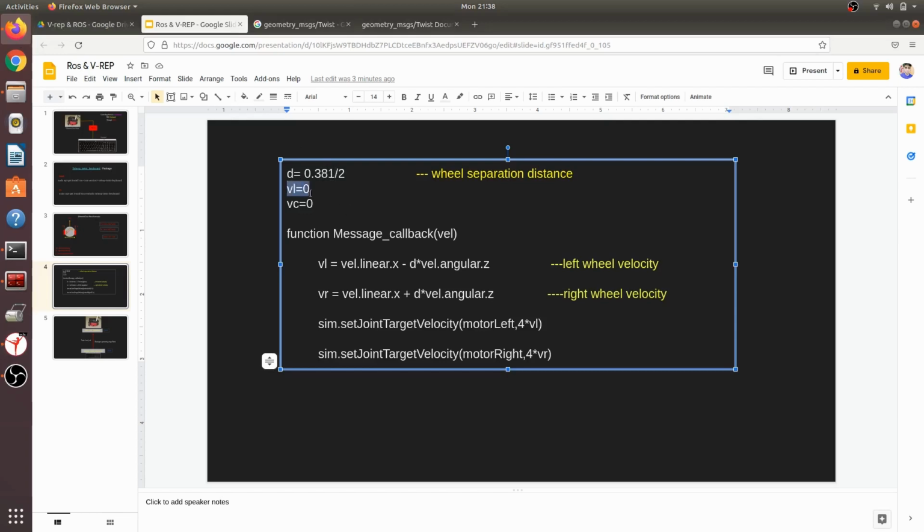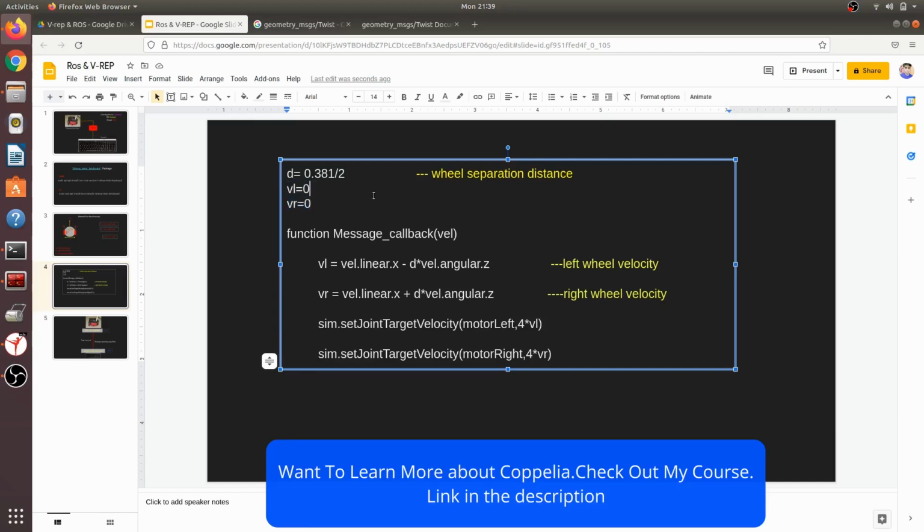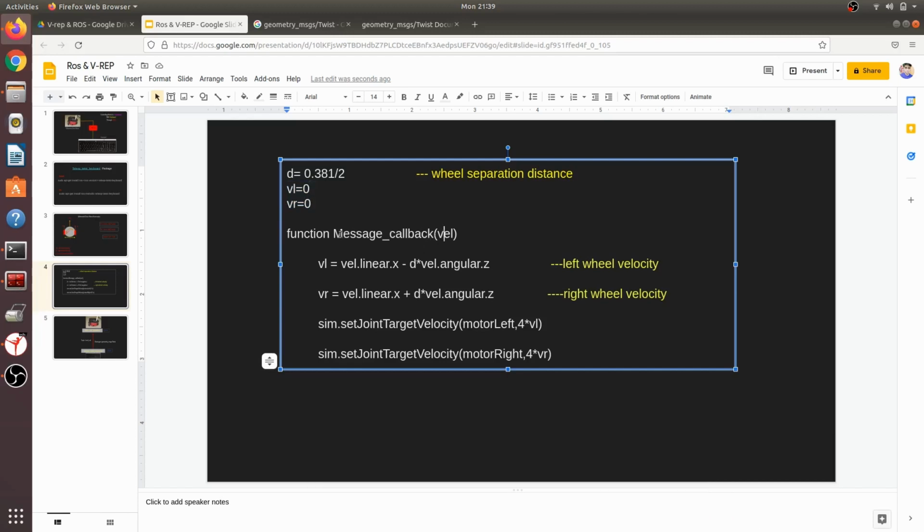In the same way we'll be using linear velocity and wheel velocity. If you want to initialize these two variables, you can, otherwise no need, because a Lua script doesn't need to be initialized like we do in C++. Next, this is a function with a message return type.